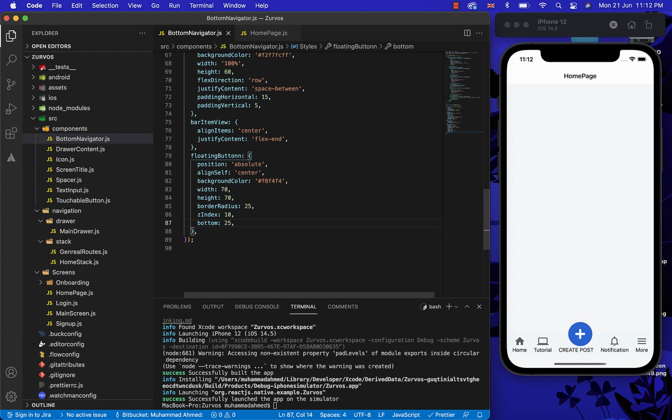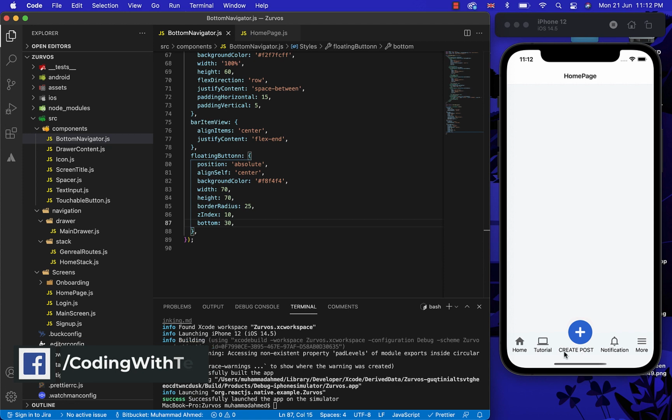So as you can see, after giving some styling, our create post text is on the perfect location.